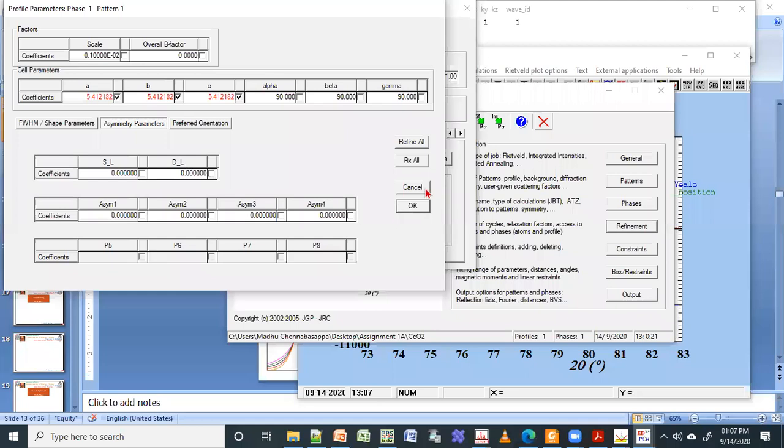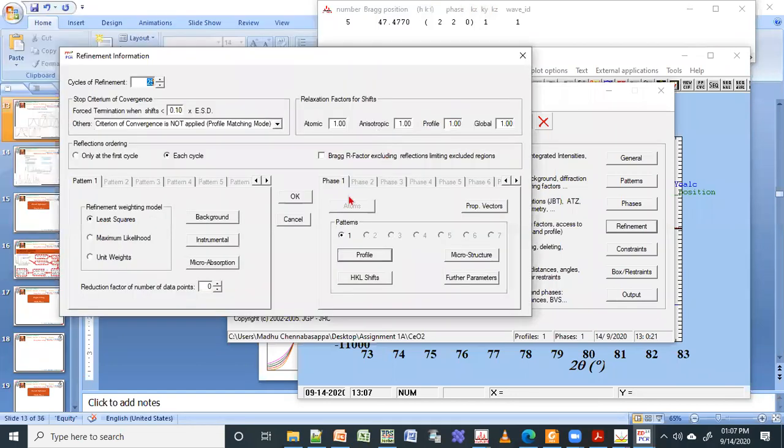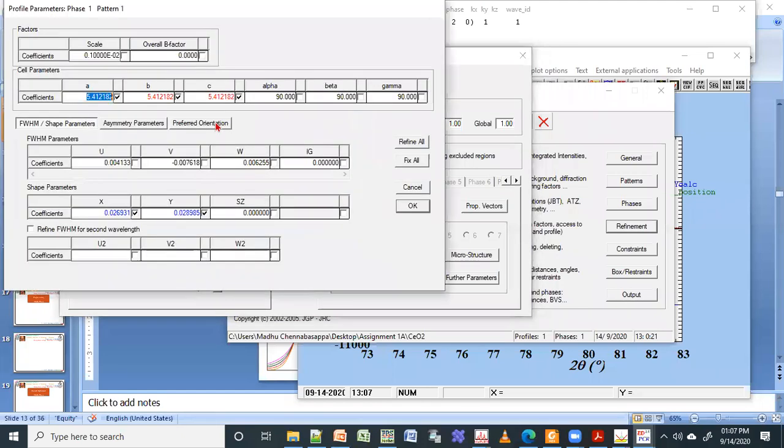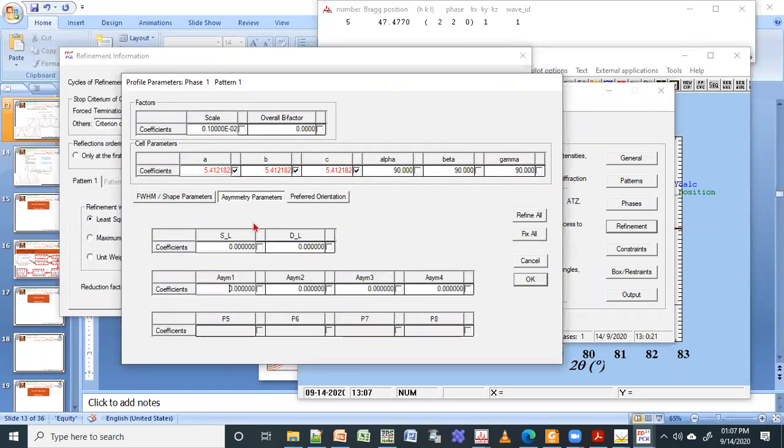To start with, I'm not going in depth, because already some people have a lot of questions. Asymmetry, preferred orientation, these things you can do as you go, after one or two more examples. Don't try to go right away, because you don't have to do asymmetry or preferred orientation for all samples.